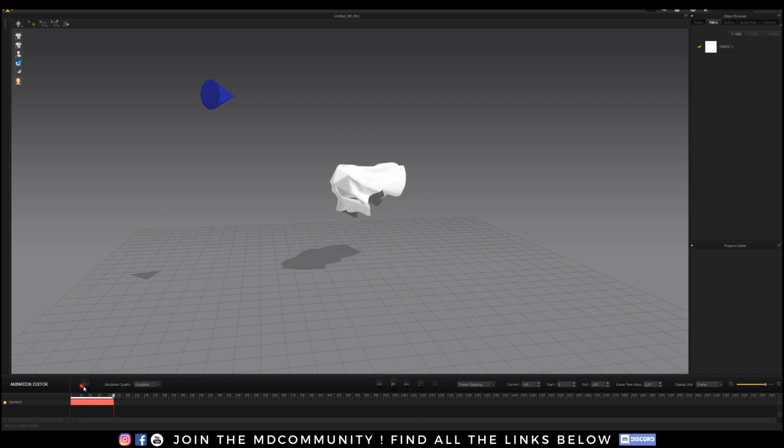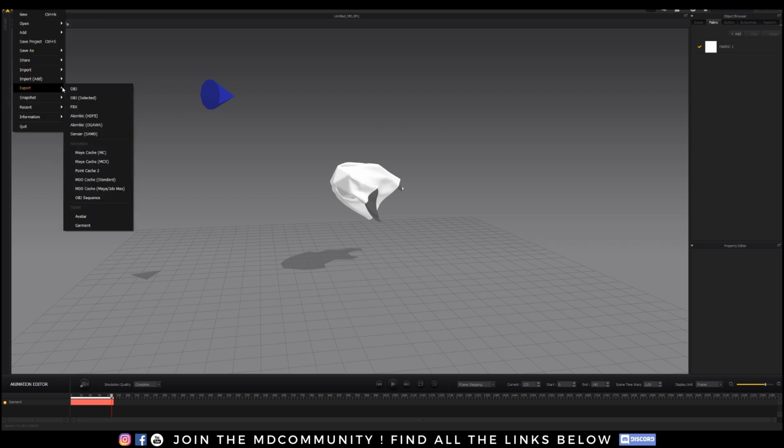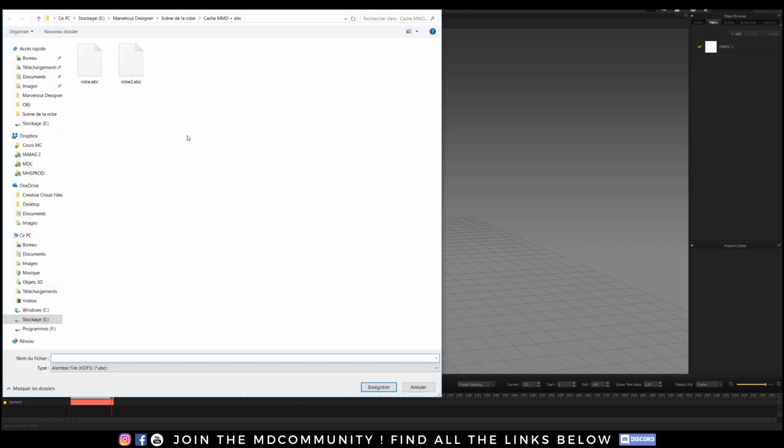Okay, I can click stop at any moment and I can see what's happening. It's more simple. You can export pretty easily in Alembic and get your whole animation without some kind of MDD, getting the complex software stuff. And so let's go to Alembic. Let's go and